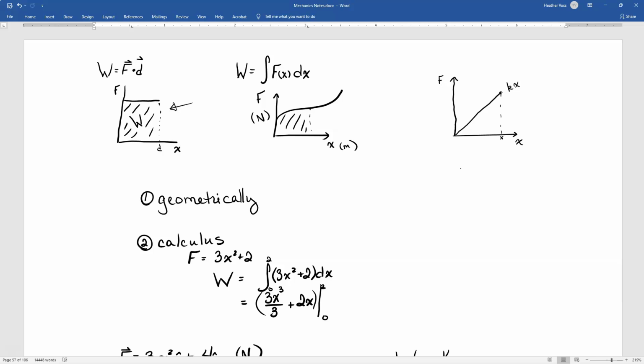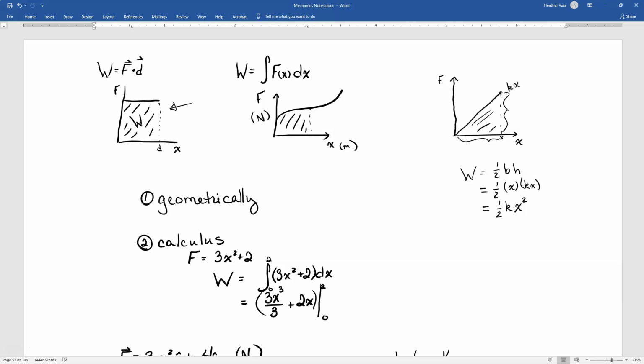The area of a triangle is 1/2 base times height, so our work is going to be the area of this triangle right here. And so that's going to be 1/2. Our base is this distance, so that's x. Our height is this distance, which would give us kx. So the work done by the non-constant force is 1/2 kx squared, which is kind of cool if you think